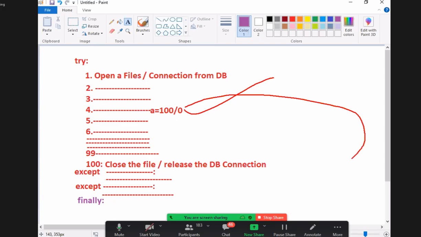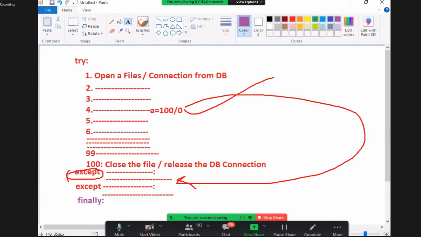When the exception occurs, it comes out of the try block and looks for the appropriate except block. After executing the appropriate except block, is it going back to execute the rest of the statements? Never. Then when it is not going back, what are you losing? I am unable to close my file.